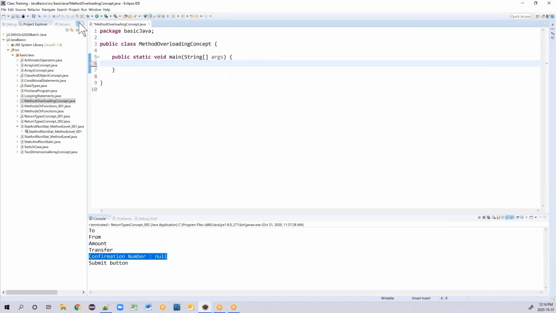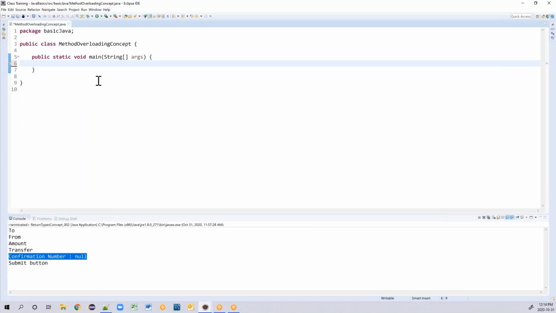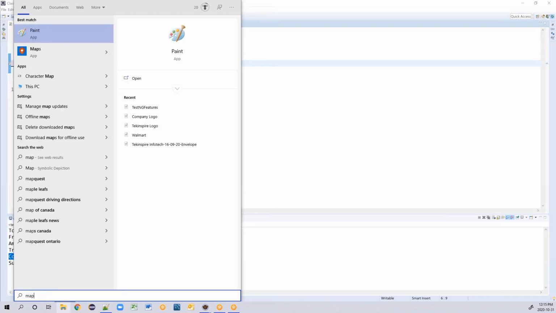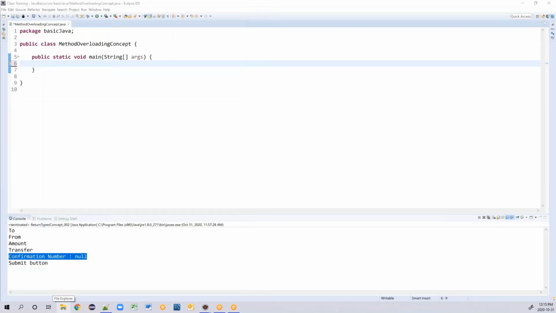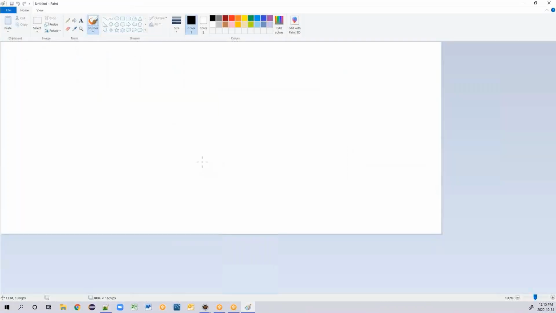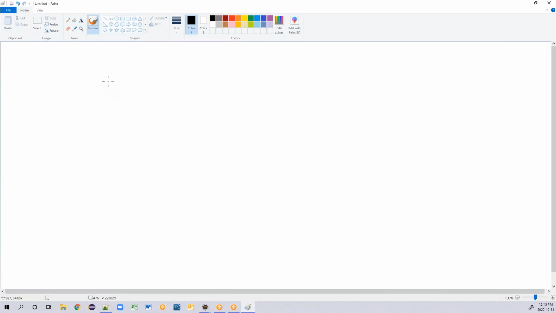So first, let's talk about what is this method overloading and why we need to have this method overloading concept as one of the important thing. So let's take this example. I'm taking the example of login. And then after that, we are going to see practically where you have to use this method overloading concept with some practical examples.